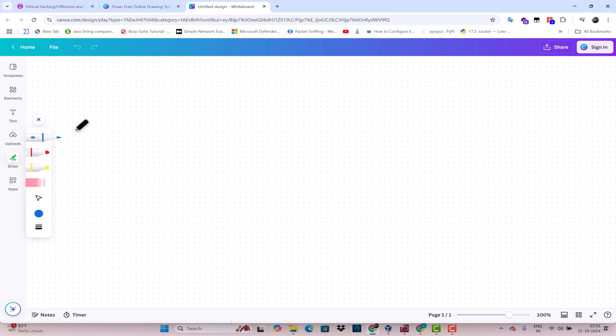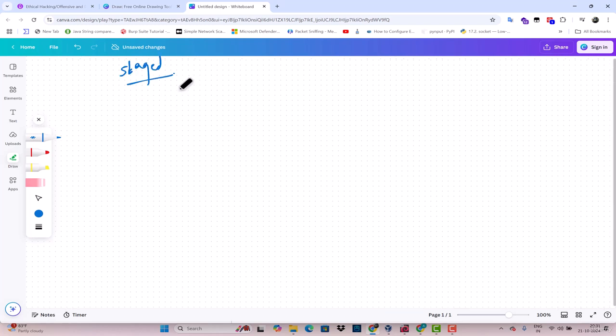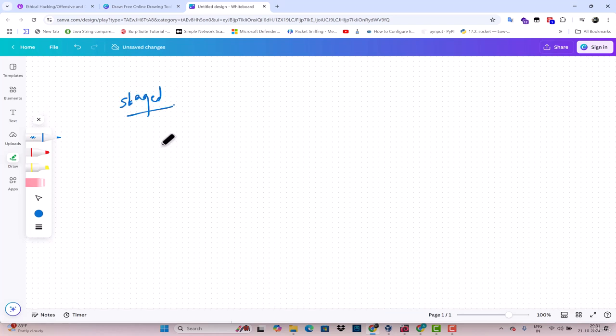Okay, so first we are going to discuss the staged payload. The payload will be delivered part by part. First, when you deliver the staged payload, it will just give a C2 connection, like a terminal connection. After getting the terminal connection, that is the first part. The second part will be uploaded